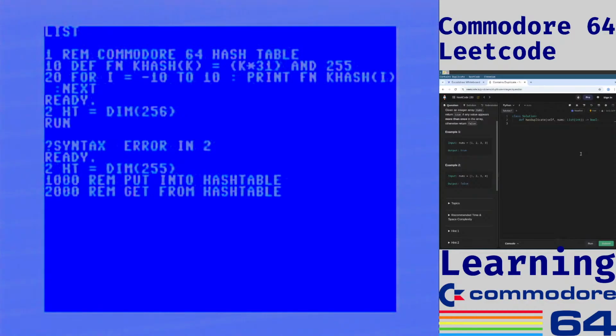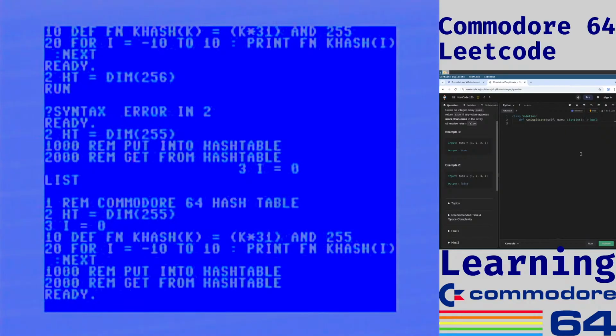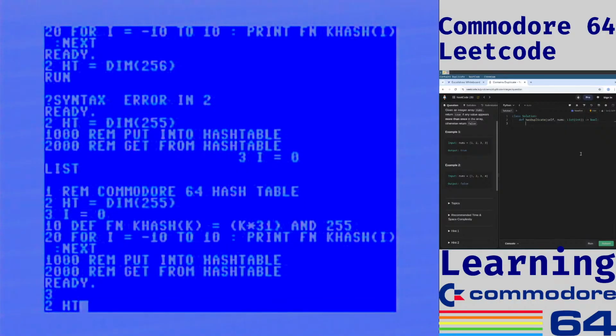So why don't we just say, I don't know, line 3, I equals 0. Or honestly, line 2, HT equals DIM 255, bam, I equals -1, bam, REM